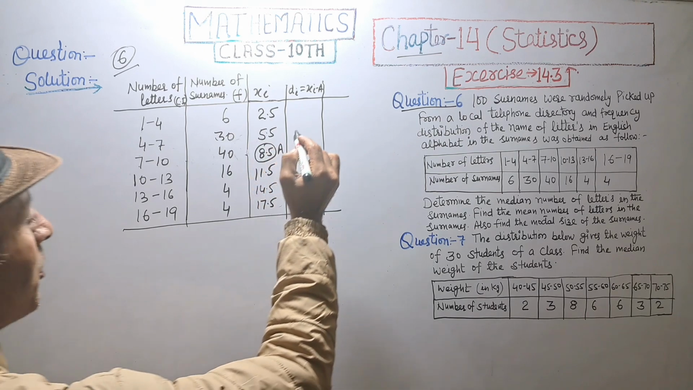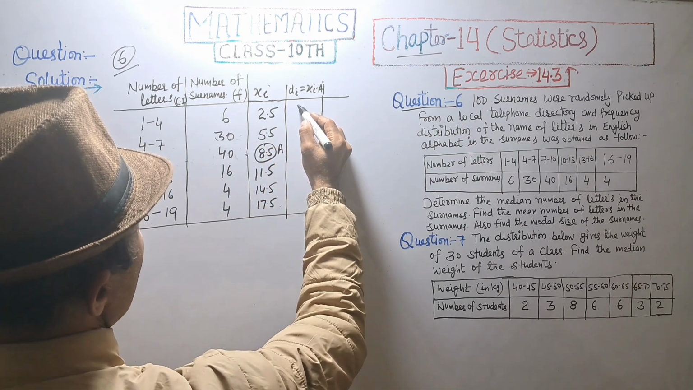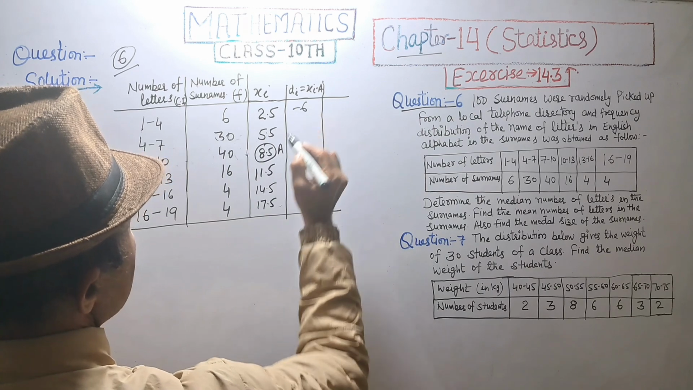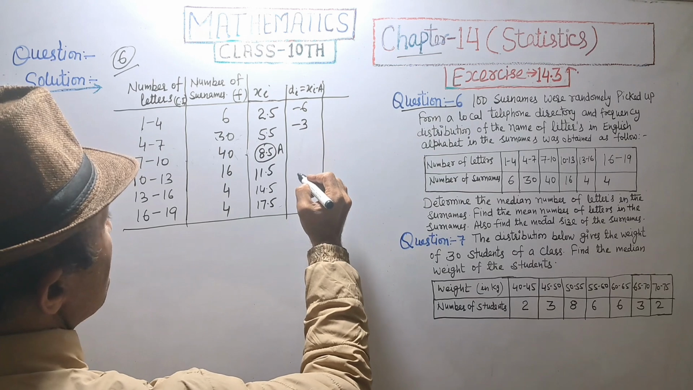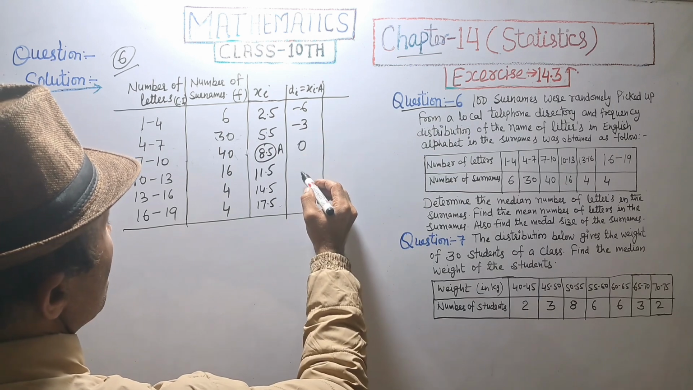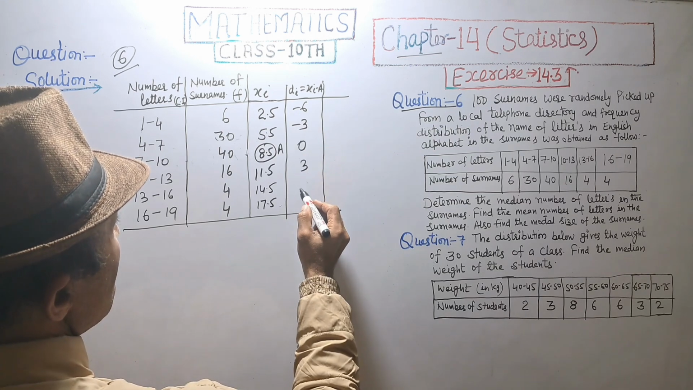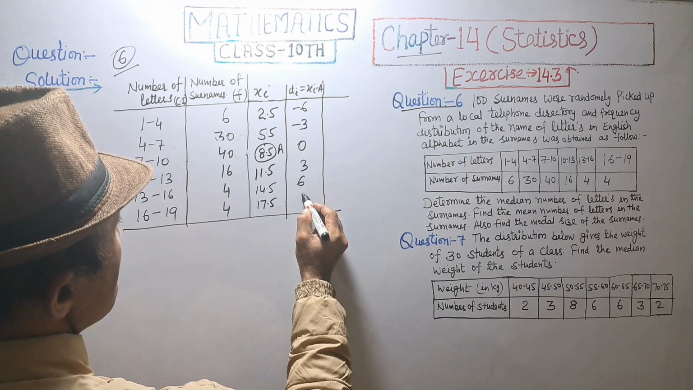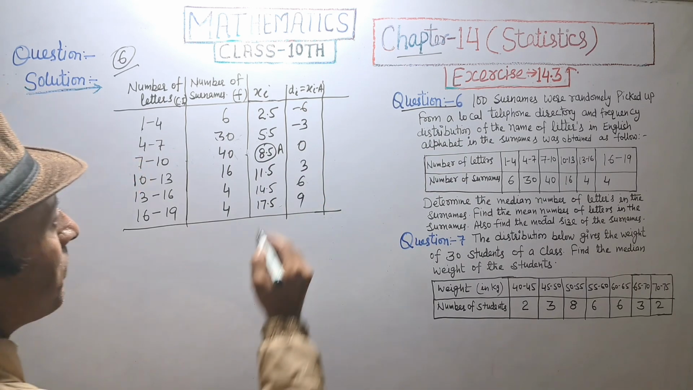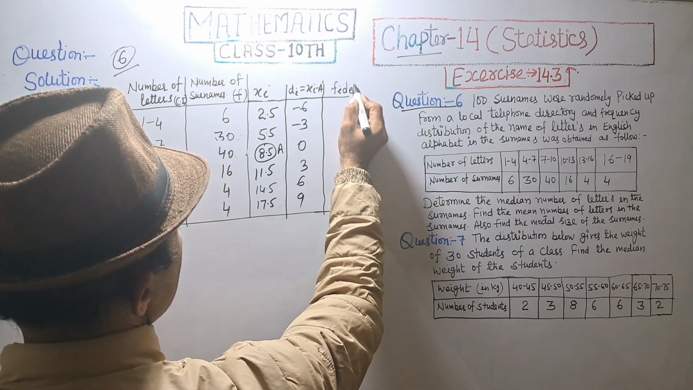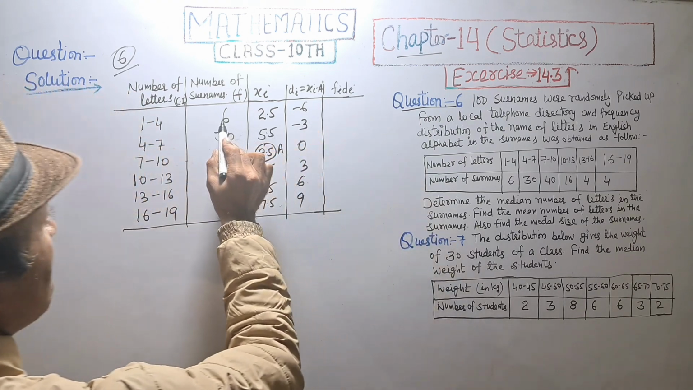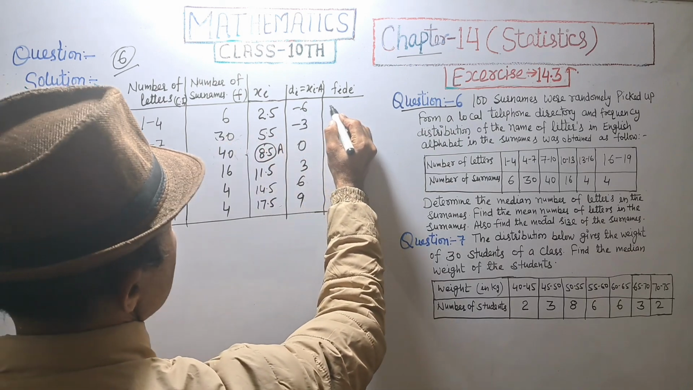2.5 minus 8.5 is equal to minus 6, minus 3, 0, 3, 6, 9. And fi di: 6 6s are minus 36,